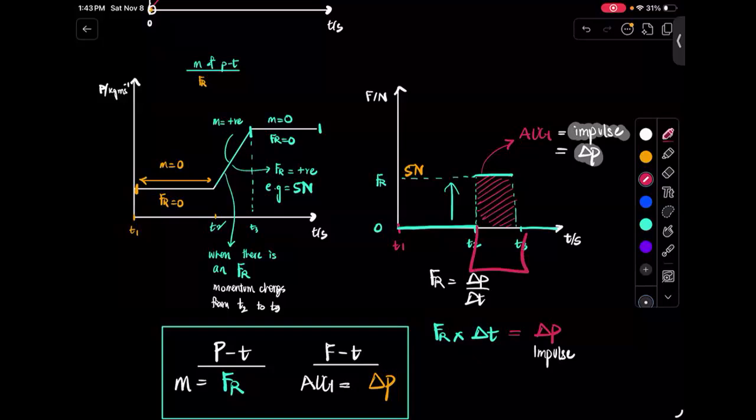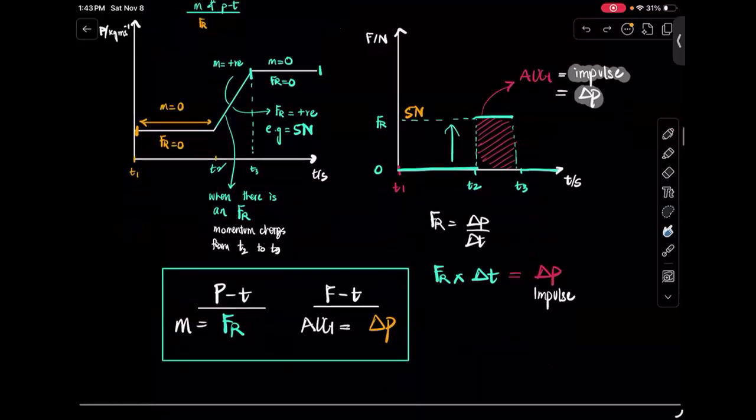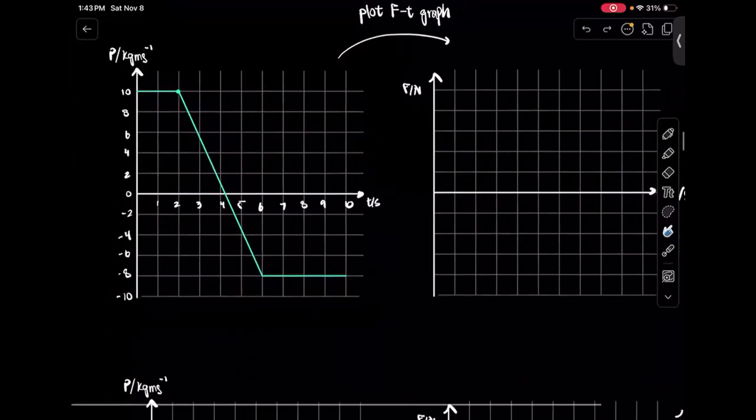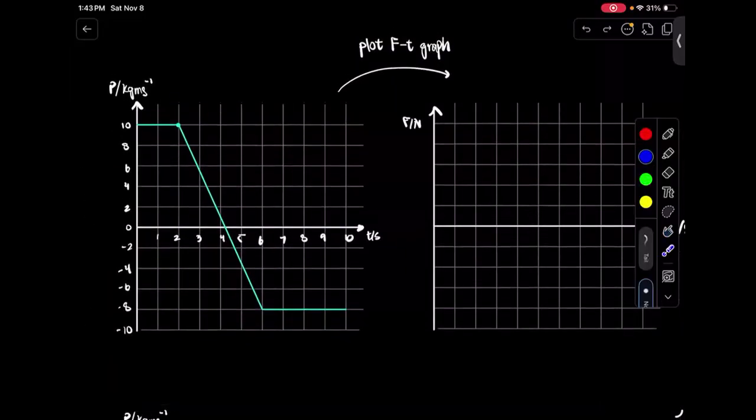Okay. Now I'm going to move on to the question and it'll make sense. Don't worry. So let's check it out. You have here a momentum time graph. Now the momentum time graph shows what? Initially the ball, let's say, was moving at a momentum of 10. Then what we saw was it changed. It changed from 10 to